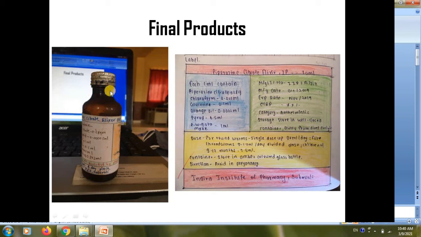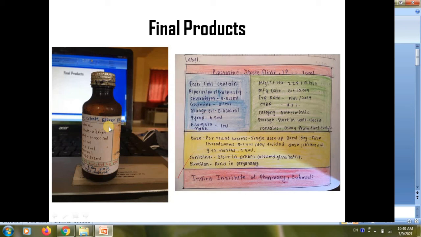Now this is a syrup, so this is a narrow mouth container. If there is an ointment or gel, it should be a wide mouth container, that I have shown in the image. Okay, so like that you have to use that container, and in that container you have to label in the same manner. Okay, then if there is a powder preparation, then you have to prepare a container like an envelope. I hope everyone knows that. Okay, so that paper envelope you have to prepare, and in that you have to keep our powder formulation.